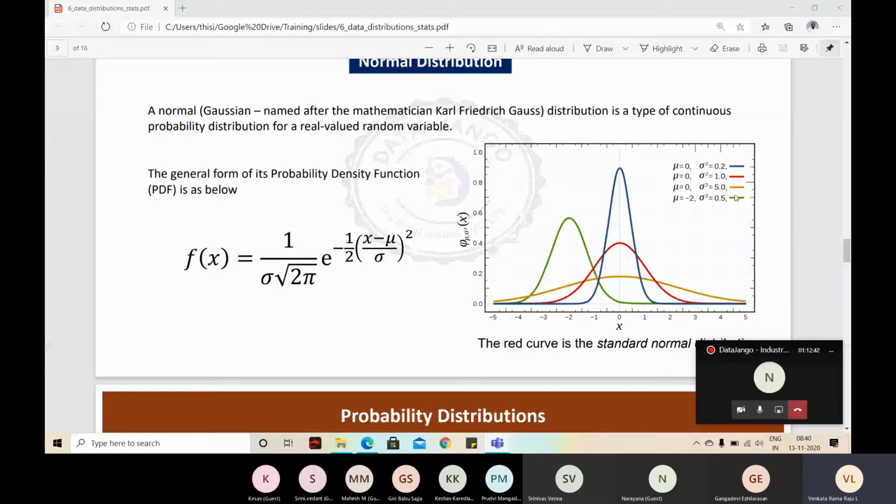See that the variance is 5. The spread, see this line, the mean is somewhere here and the values are actually spread a lot, right? So on the last graph, the green graph, the mean is -2 and variance is 0.5. When the mean is a negative or positive number, the graph is actually moving aside. These 3 graphs are aligned in the center, but this graph is to a side,